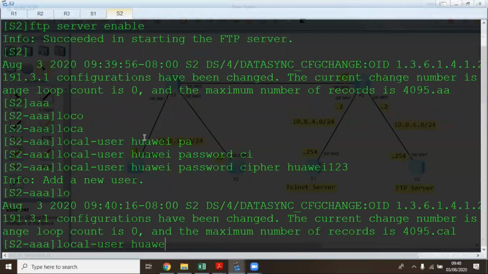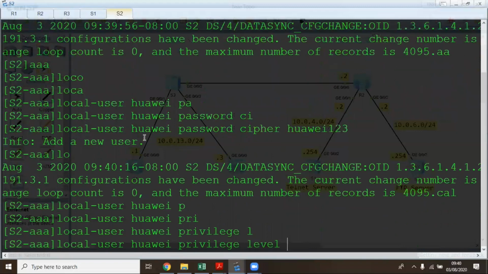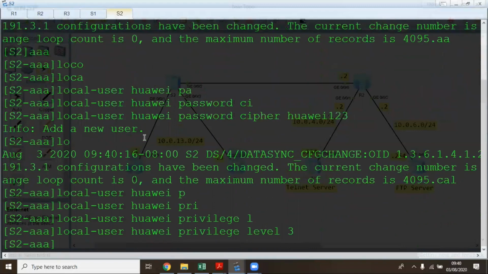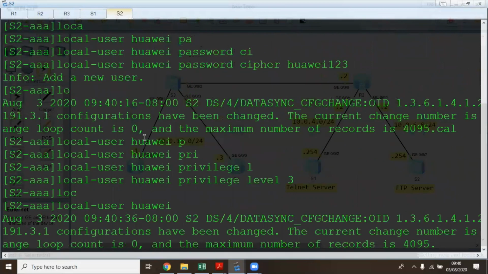After creating this particular user, we do the privilege level. So local-user Huawei privilege level 3. We know that privilege level 3 is the management level. Then we also want to enable the FTP service for this particular user. So local-user Huawei, then we do